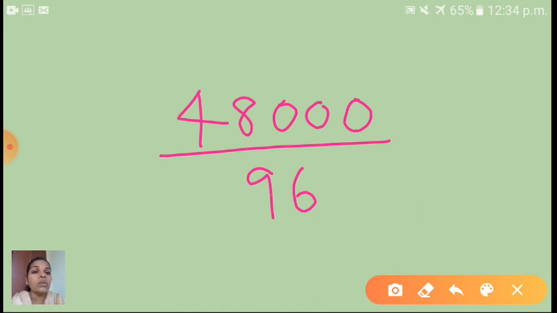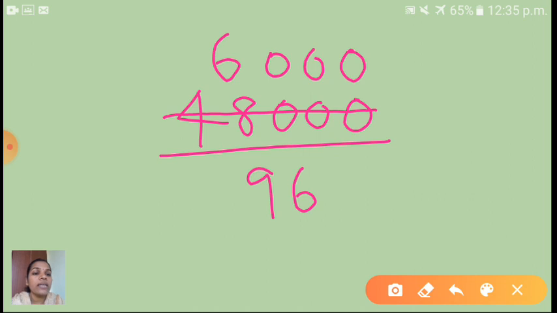Okay children, just you have to see the numbers 48 and 96. So here 6 is a common factor. Okay children, 6 or 8. Here I am using the 8 table. So you have to divide these two numbers by 8. See, 48, just you have to cut like this. 48, how many 8s are there children? Yes, 6 8s are 48. Remaining this 30, you have to write like this.